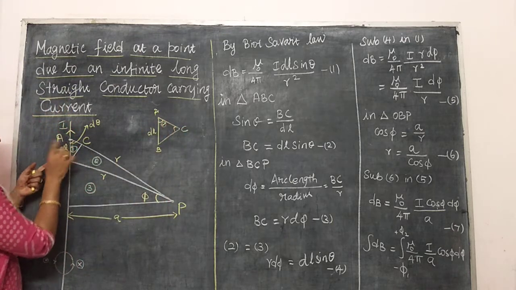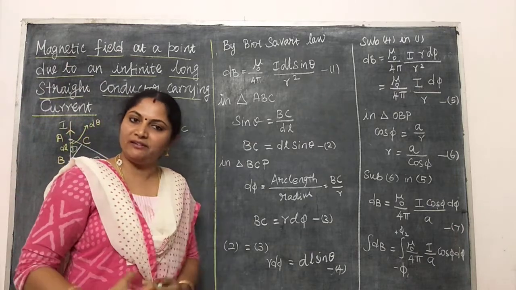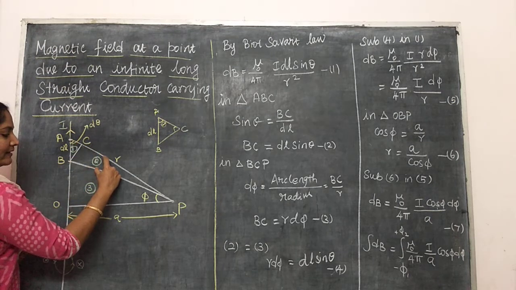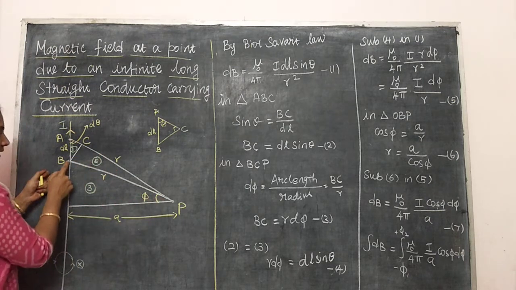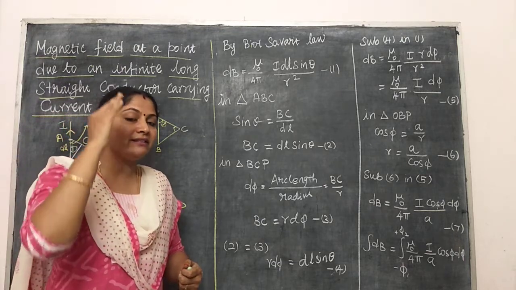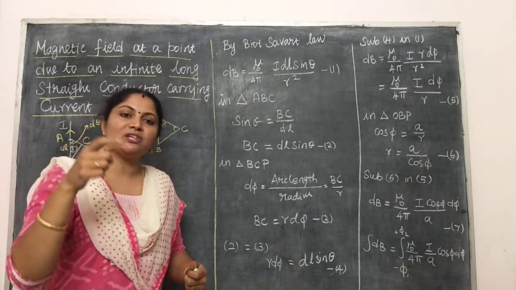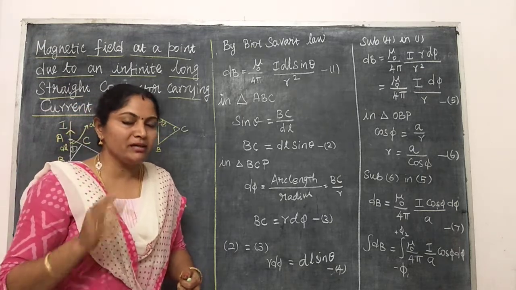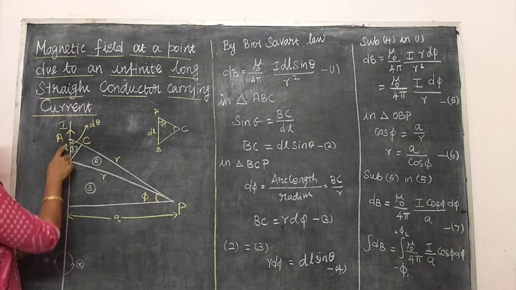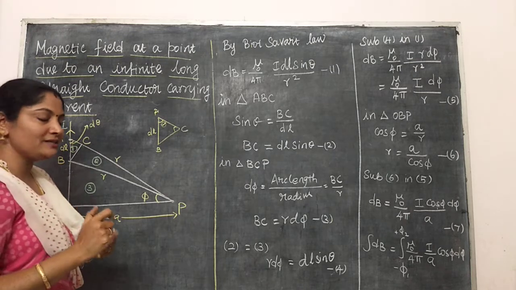In this diagram, 3 triangles are very important for our derivation part. This is the first triangle, this is the second triangle and this is the third triangle we are going to use for our derivation part. If you remember which triangle to take first and which second, this derivation will stay in your mind. So see here, this is the first triangle ABC. This only we are going to take for our derivation part.